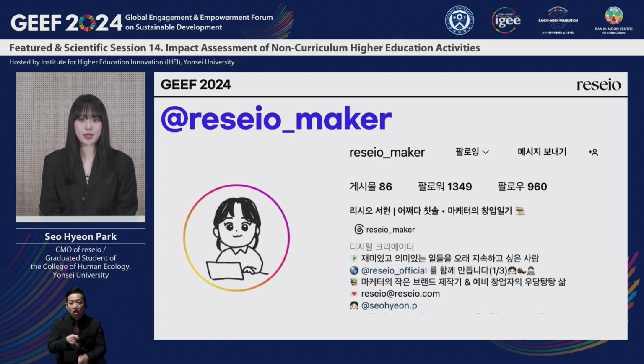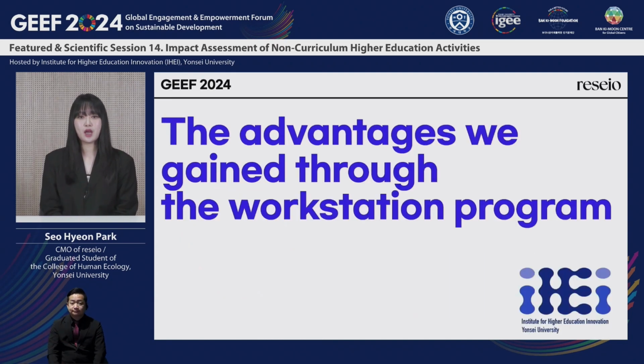And the window for communication was our Instagram account, Risio Maker, which I still run today, with the theme of the diary of the marketer of a startup founder of Risio toothbrush. I recorded the journey of our Risio team, our thoughts, trials and errors, and all the processes as if I was writing a diary. As a result, our account that documents the life of marketers' activities in everyday life has about 1,300 followers who have been supporting the Risio team for about a month now.